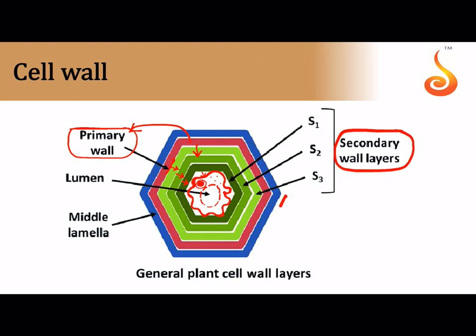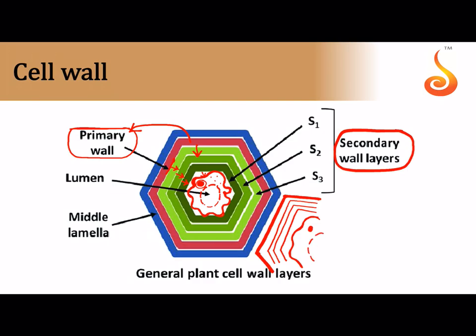And now there is another cell which is sitting beside like this. So let me take another cell over here. This is the primary cell wall, and I told you inside the primary cell wall there are 3 layers of secondary cell wall for diagrammatic purposes, and inside there is the plasma membrane. See, inside the plasma membrane there is nucleus and there is vacuole, isn't it?